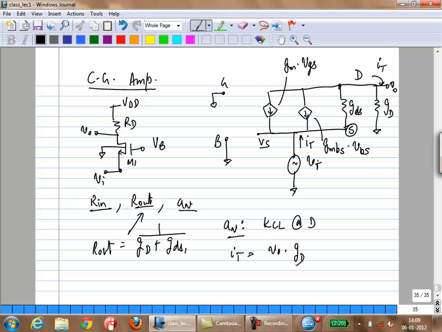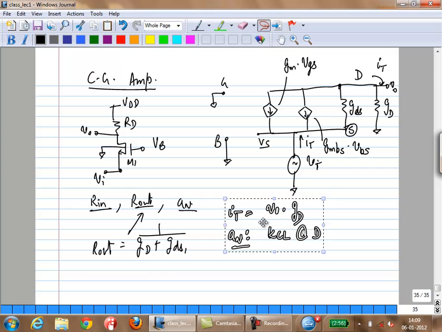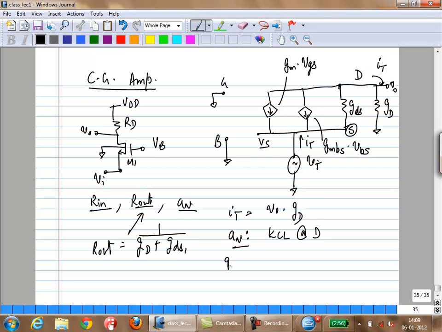So we'll first write that down and then go on to write the KCL. GD times V0 plus,